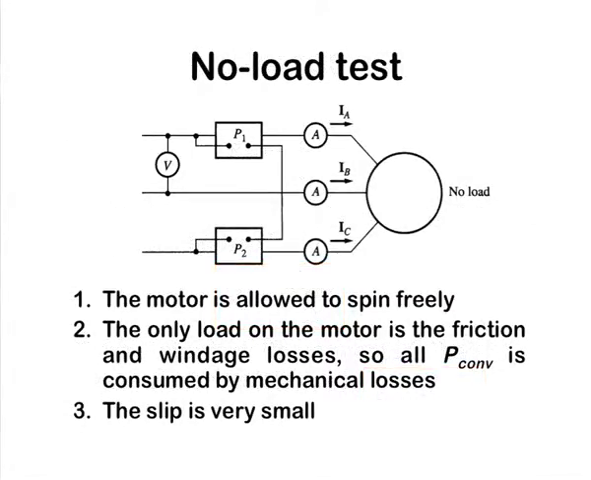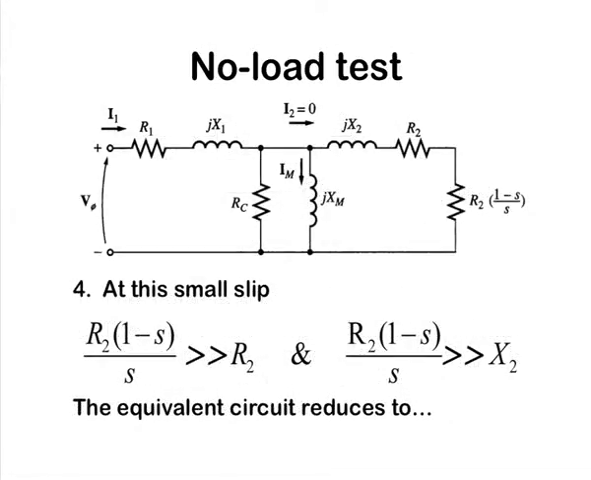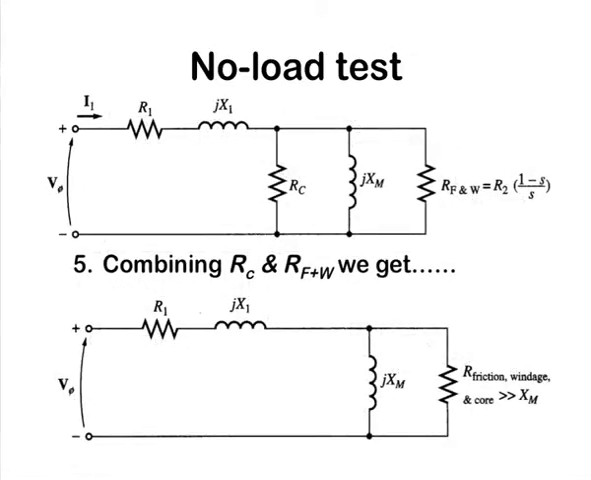The next test we will discuss is the no load test. In the no load test, the motor is allowed to spin freely. The only load on the motor is the friction and windage losses. So, the P mechanical is consumed by the mechanical losses. The slip is very small. The equivalent circuit will reduce in no load test as shown on the screen,